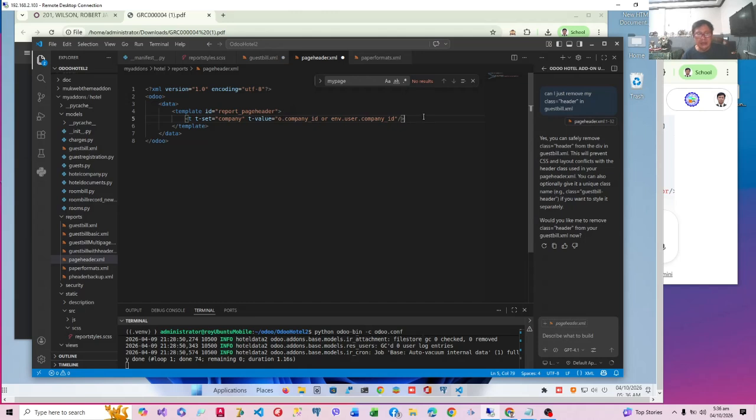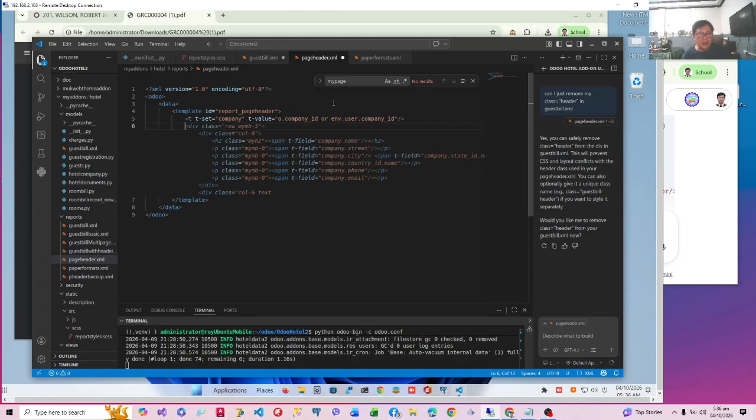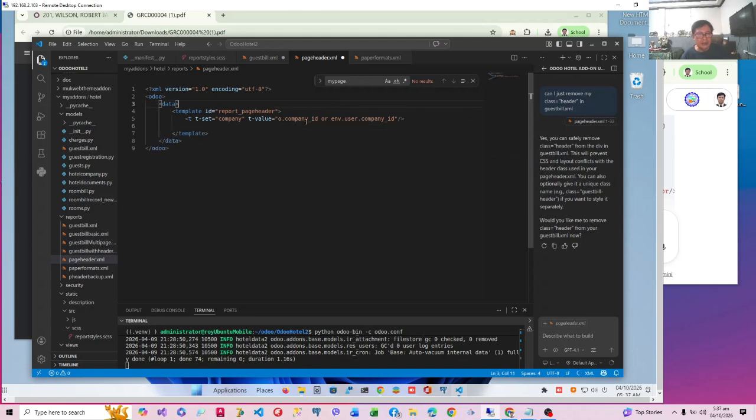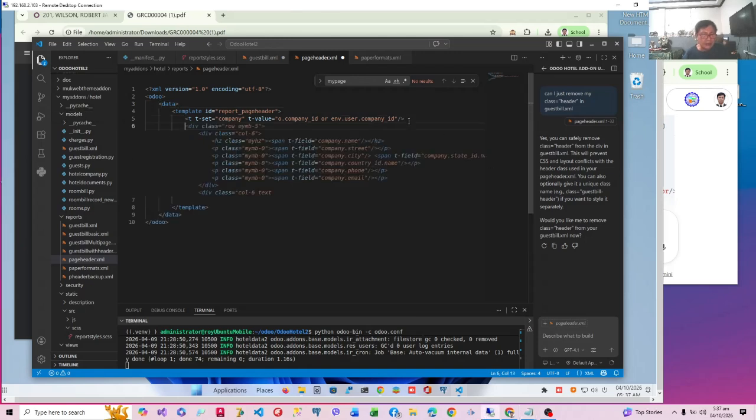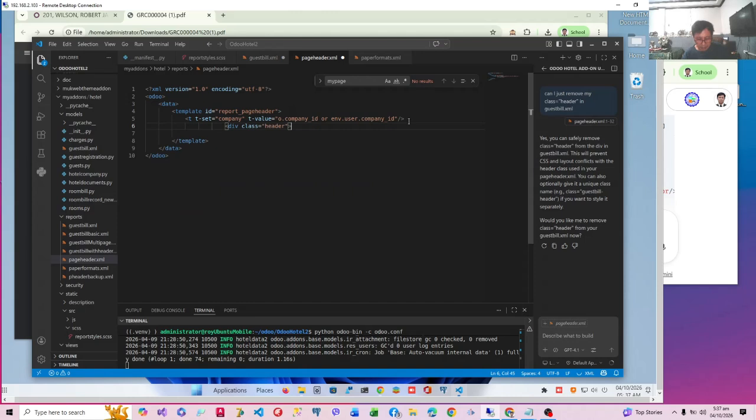So we will get the company environment so that we'll be able to get the company name and ID and other company details. Okay, so we have that, and then we'll have to start with a div. The div should have a class of header. Of course, with the div we have to end this.